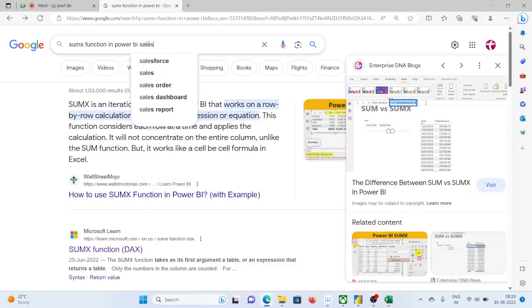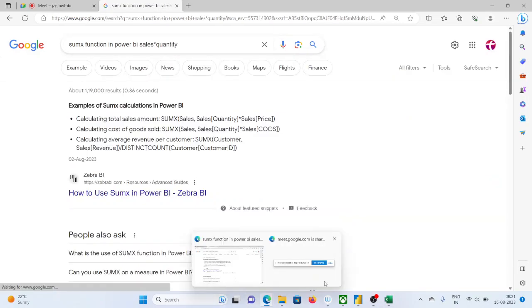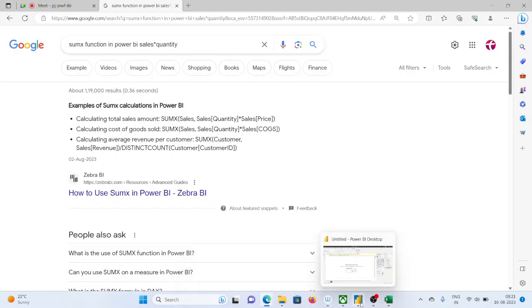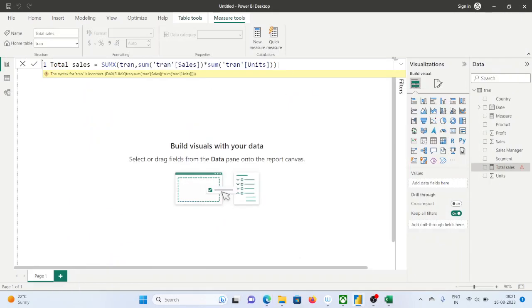Sales multiplied... Sir, I think quantity. Here the tran single quote is not required. Single quote we are not giving. I think it is sales of quantity, sales of price. This is correct. Okay, so what I'll do is